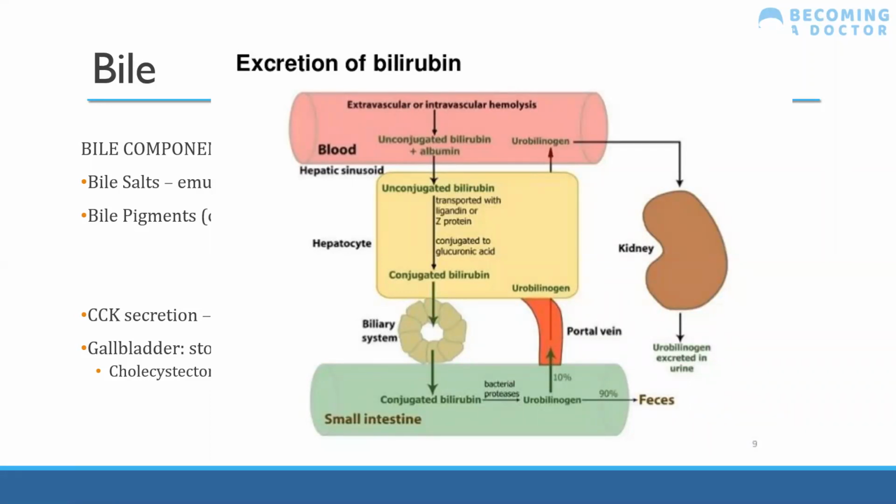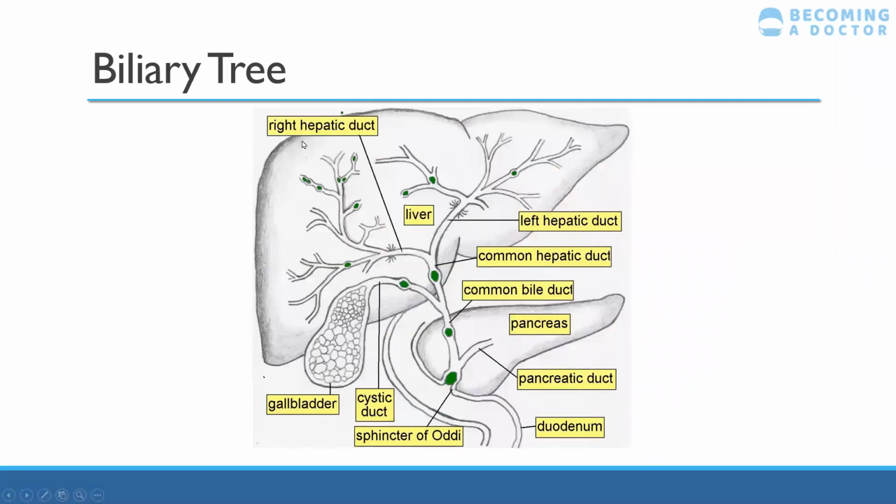Okay, so the biliary tree or the biliary system is this. You have your right hepatic duct and your left hepatic duct, and both of these combine together to form your common hepatic duct. Then you have your cystic duct, which comes from your gallbladder. This combines with your common hepatic duct to make your common bile duct. Your common bile duct and your pancreatic duct join together at the ampulla vata, and then over here you have